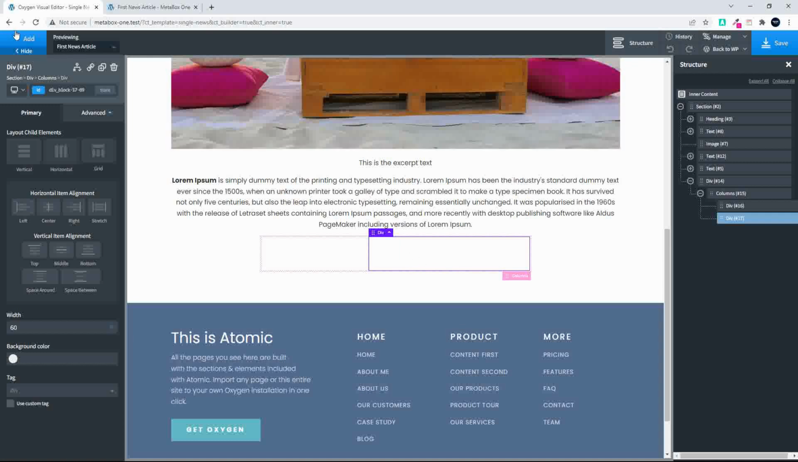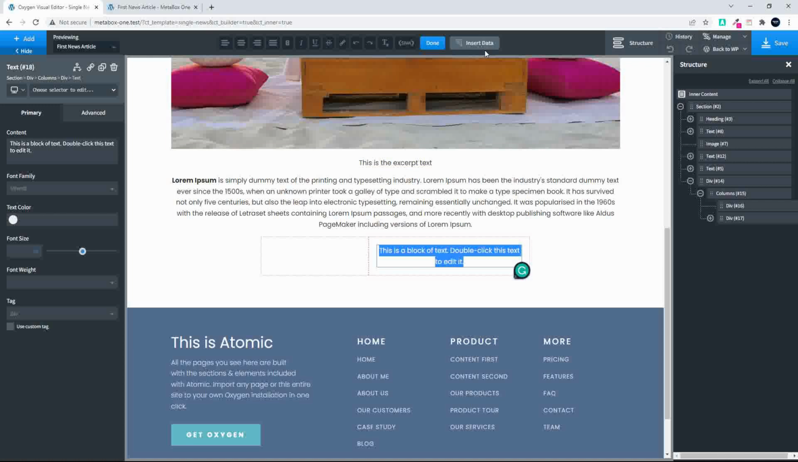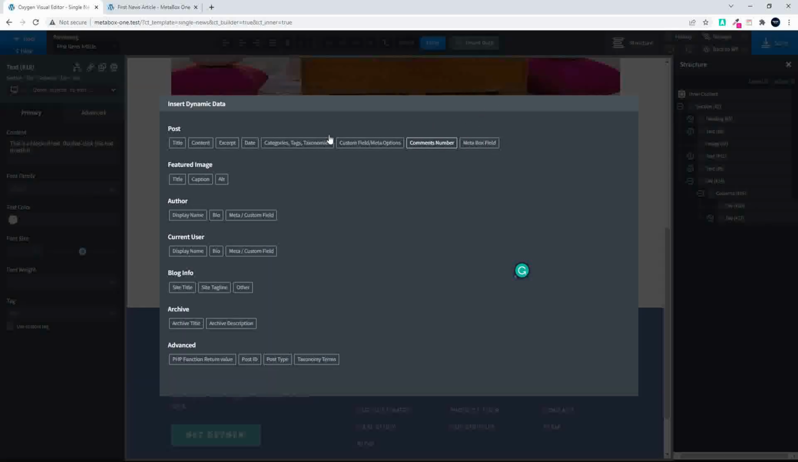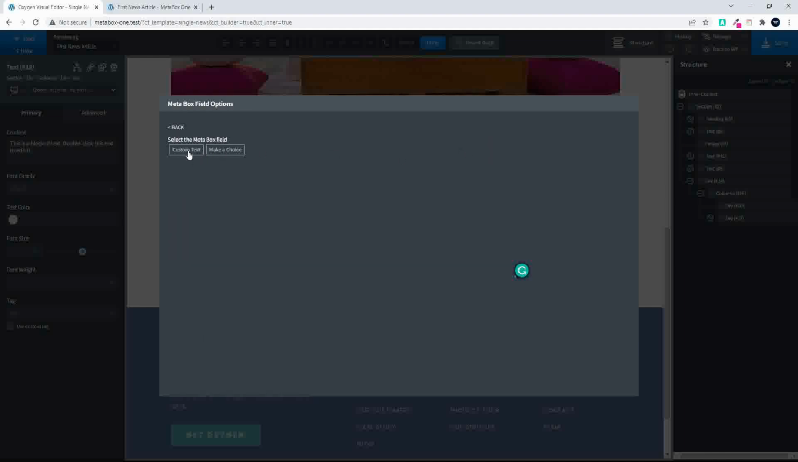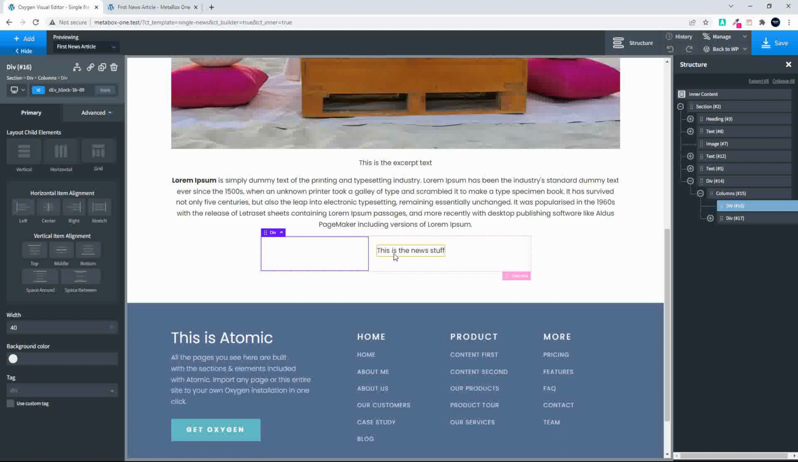So in the right hand side, I'm going to add a text block, and I'm going to go to insert data, and now you'll see insert dynamic data. We have MetaBox field. I'm going to choose that, and I'm going to go with custom text, and I'm going to use the default input. I'm not going to make any changes. If I had something to prepend with that was set within MetaBox, that could be output here, but we're not going to do that. We're just going with the straight default settings,